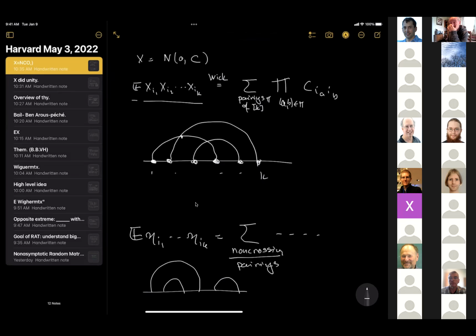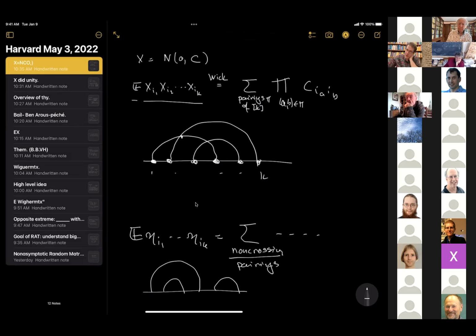D by D matrix, and replace every entry by a Wigner block and let the dimension go to infinity, what would happen is that when you compute the moments of these matrices, all of the pairings with crossings would become suppressed due to the non-commutativity of the blocks, and you would only have the non-crossing objects left in the limit. And that explains why these objects asymptotically behave like X3.